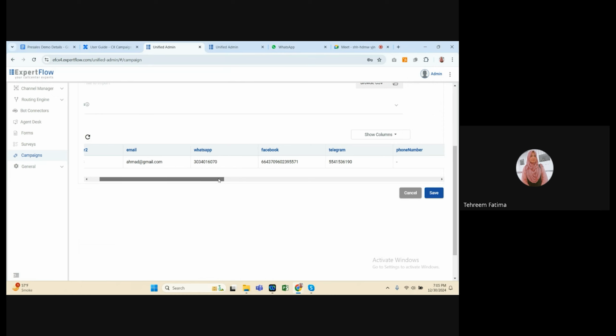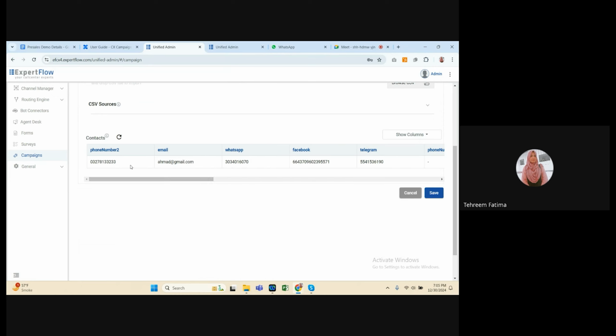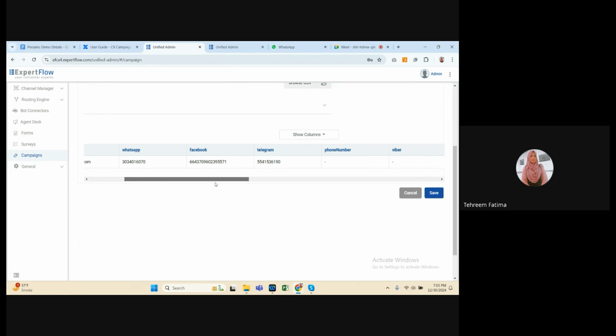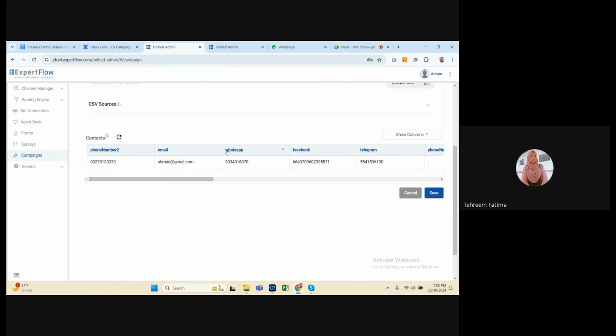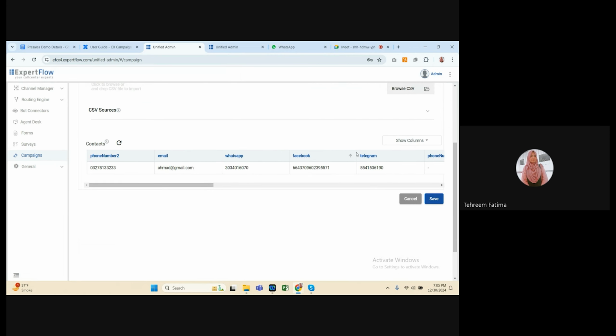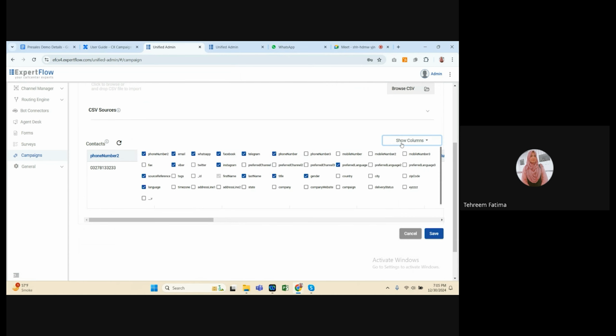These are the columns that my CSV file has, like phone number, email, WhatsApp, Facebook. So these are all the columns. There is one more option which is show columns. When I click on this option, you can see there are many columns here. For example, I want to add Twitter to my CSV file and show it on the front end.